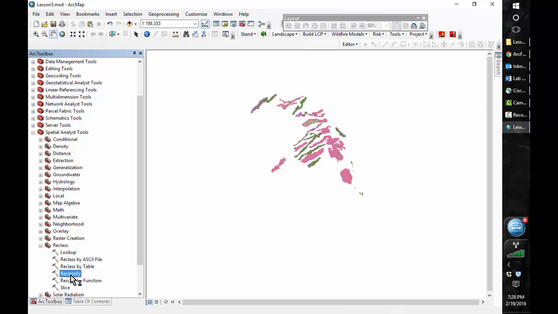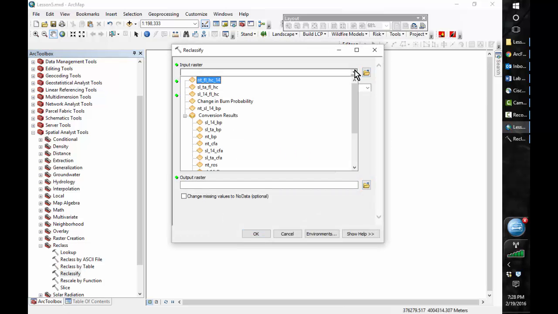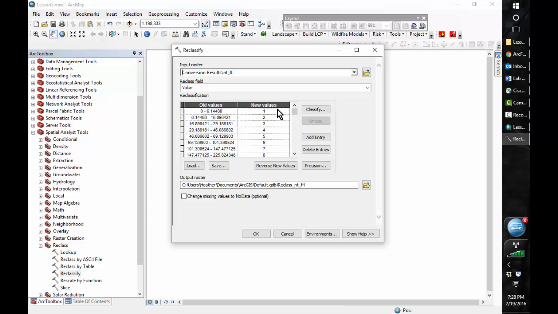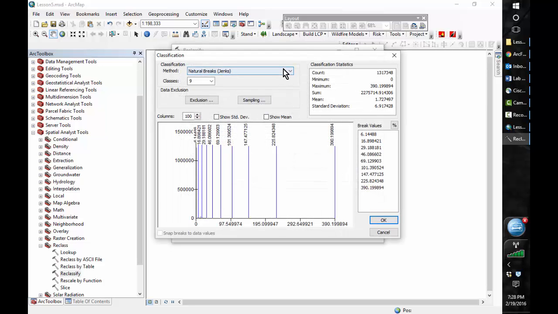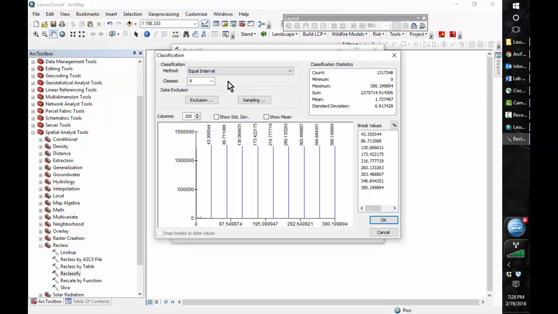So I'm going to go again to reclassify, and I'm going to select my no treatment flame length, and there are a couple of error messages that pop up when you're doing this, but I haven't found them to interfere with the values that we get. So unique values cannot be obtained from raster. Just click OK. We'll go through the same process here, equal interval,